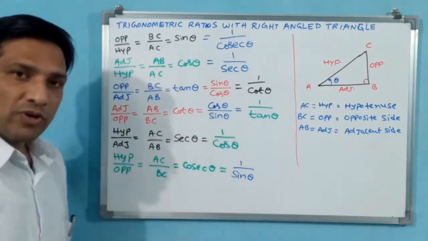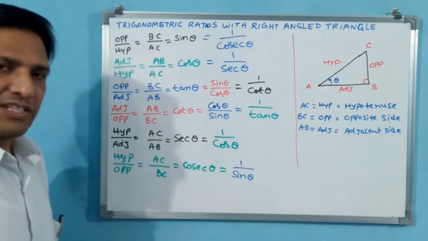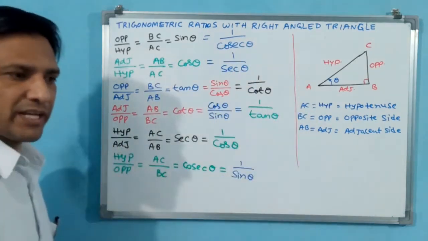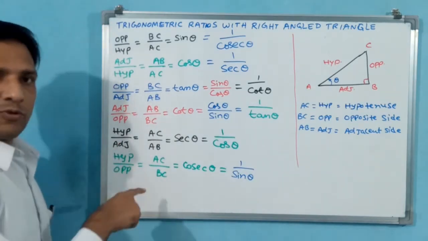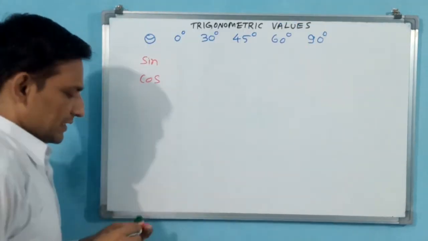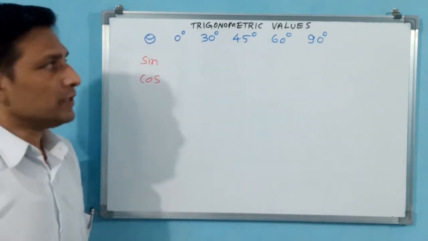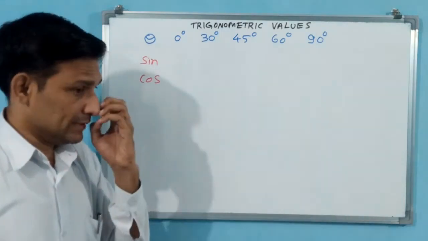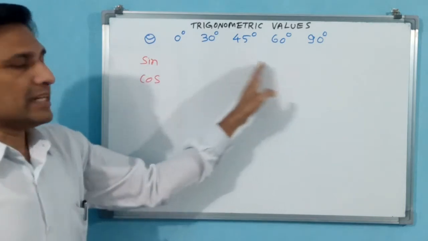Now we have seen how ratios are there. We will see values of trigonometric functions. See sin theta, cos theta values also. From 0 to 90 degrees we will see. Then we will go for circle diagram. Okay. Let us note down this. Then we will go for values of trigonometry. Okay, you see now trigonometric values. How they have come, I am going to explain in the next 2 or 3 minutes. First, let us see.